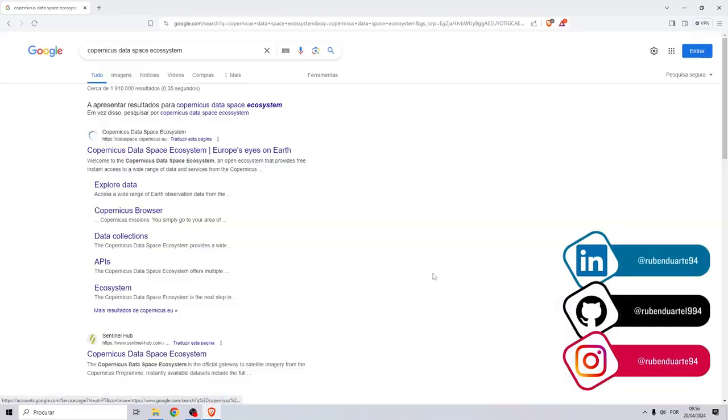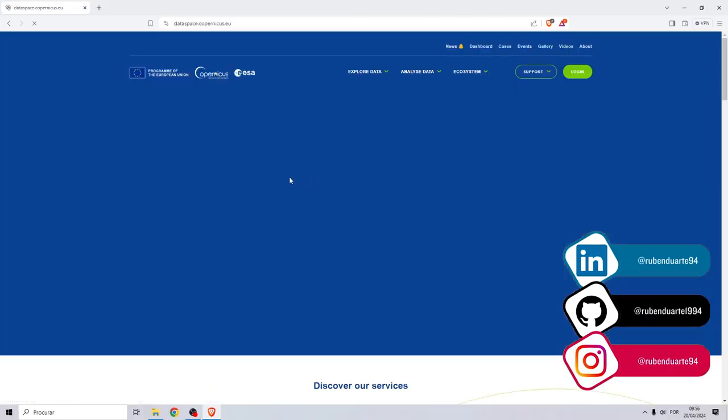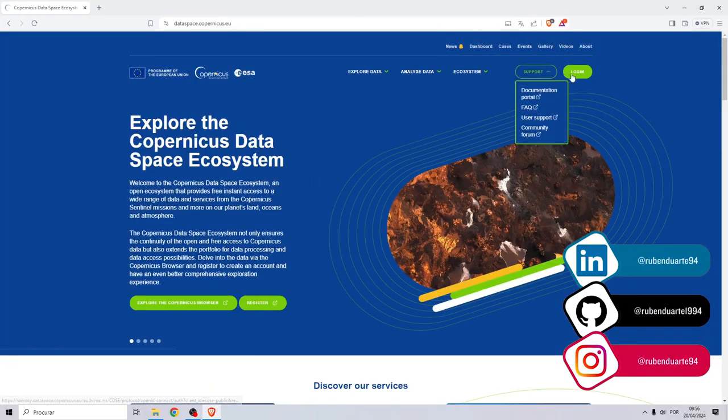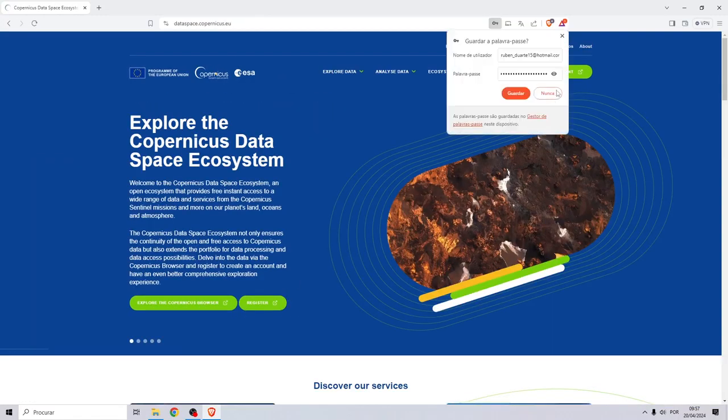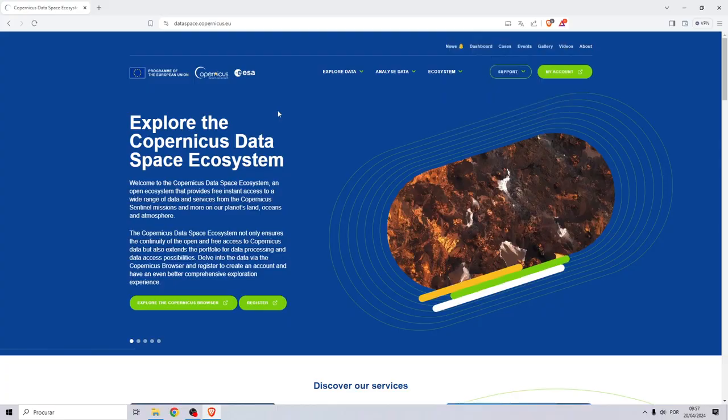Then you click on the first link and go to login, or if you don't have an account you just go right here on the right and click on register. So I'm going to put my credentials. Now in this page you just go to Explore Data, Copernicus browser,